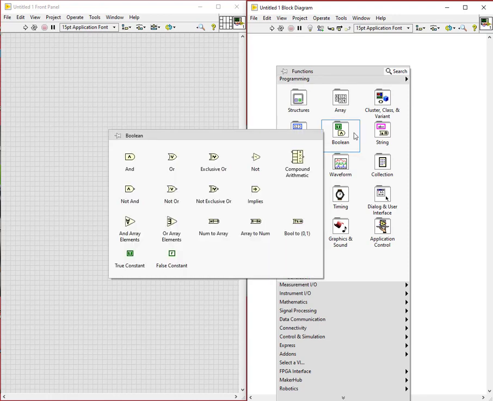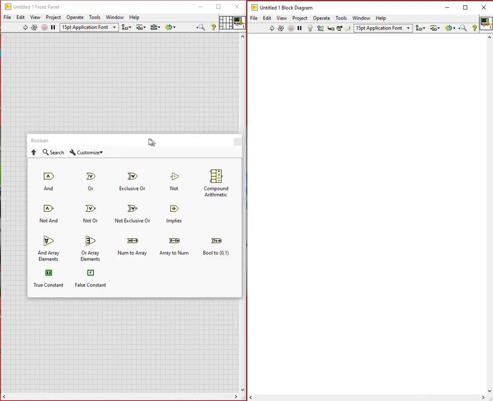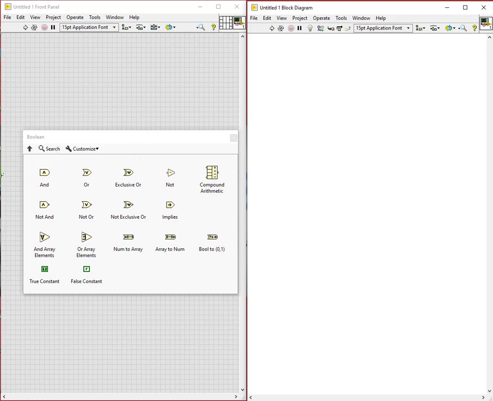From here you can go to Boolean and you can just stick it onto your screen. So from here you take the AND gate, OR gate, exclusive OR gate, and NOT. We can use NOT with an AND so that it will be reverted, which means a NOT gate will be present. That means I can connect like this. Now it shows NOT AND. Or if I connect this one to here, it will show NOT OR.